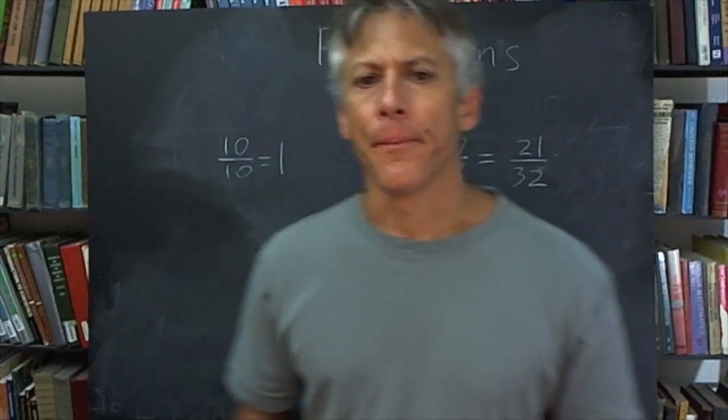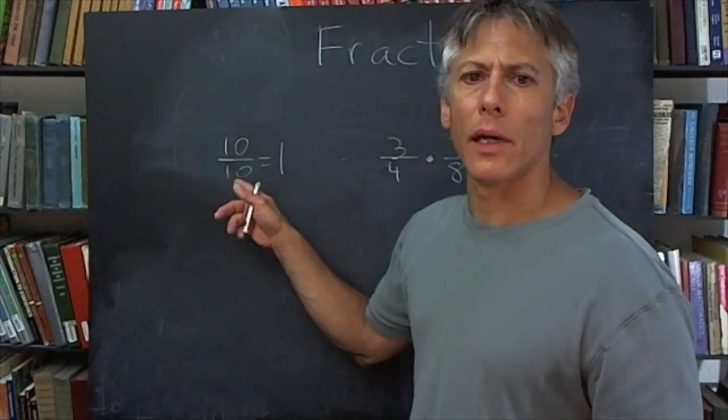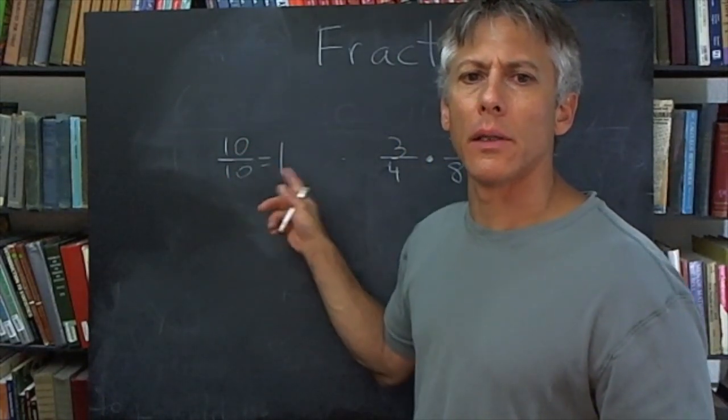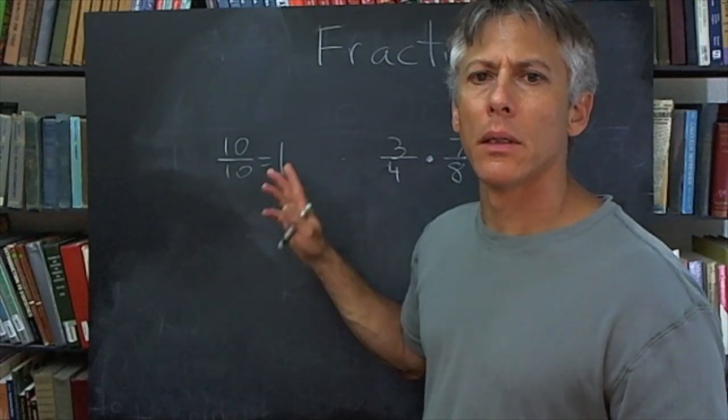Okay, number one, a number divided by itself is 1. 10 over 10 is 1. 3 over 3 is 1. All right, number two,